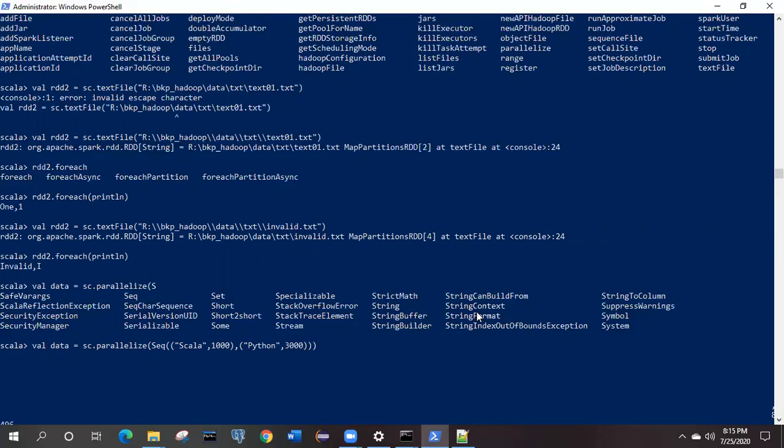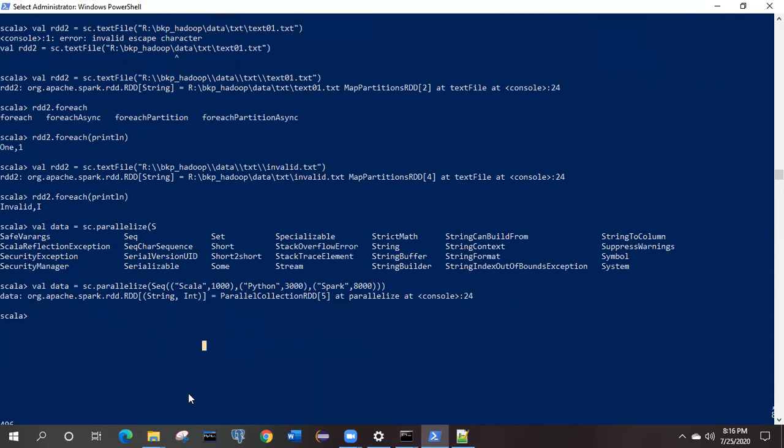Then I'll take one more, Spark, comma, and I'll give 8000 as the value. So this is how we can create it. Hit enter, and see, now it is created. The RDD is getting created with the key as a string and value as an integer.